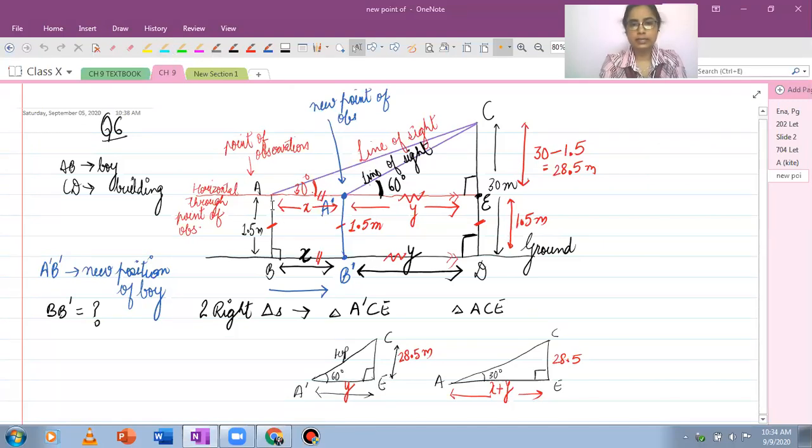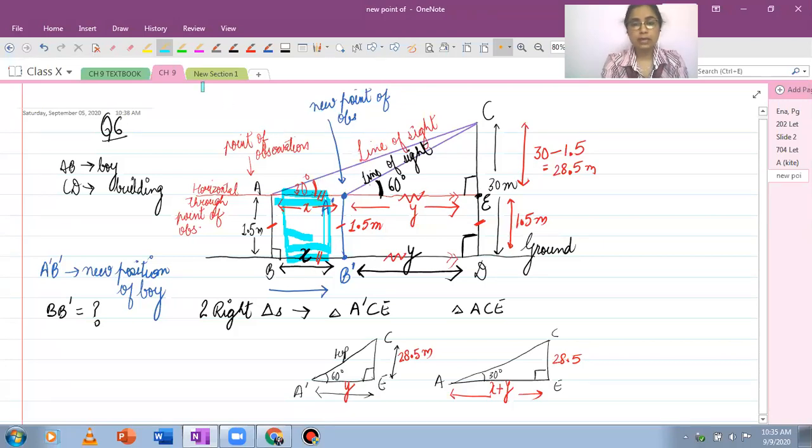So this here is actually a rectangle. So this is a rectangle, the opposite sides will be equal. That's why the vertical measurements will be 1.5 meters. The horizontal distance that I had to find, I assumed as x. So since it's a rectangle, the opposite side is also x. The triangle that is forming on top here.